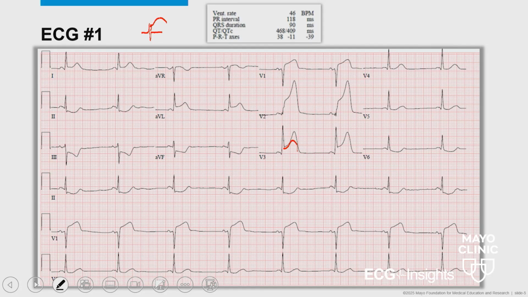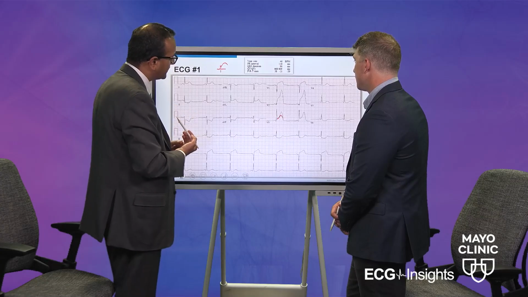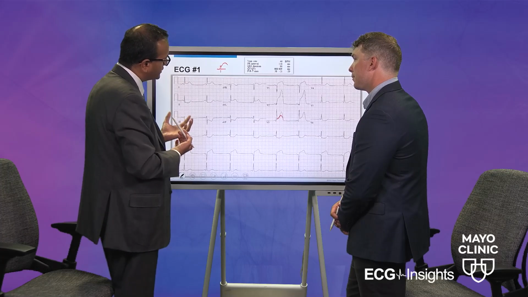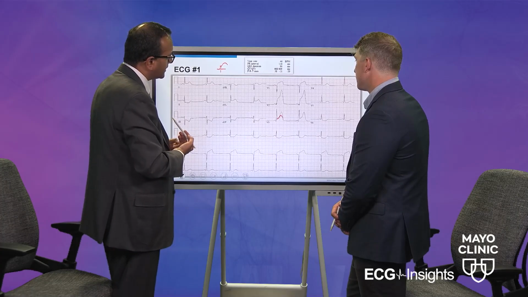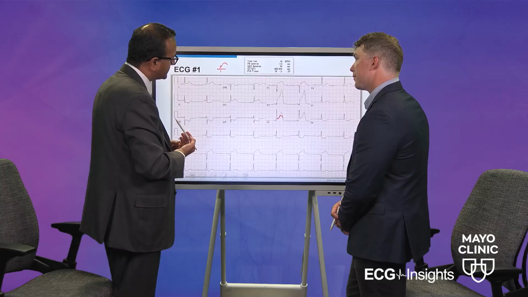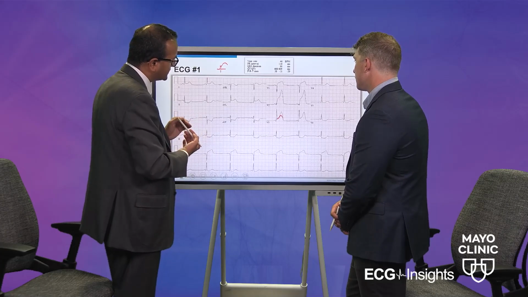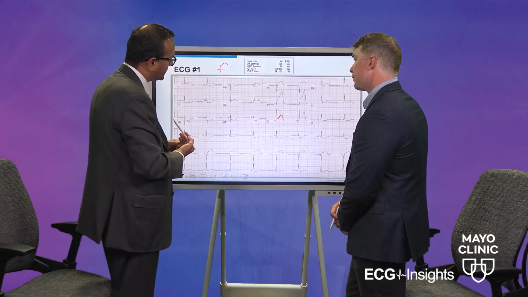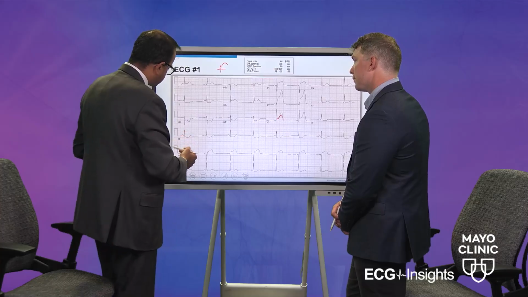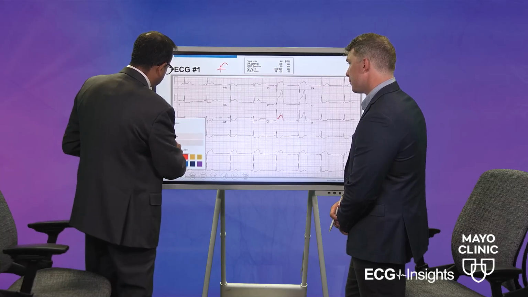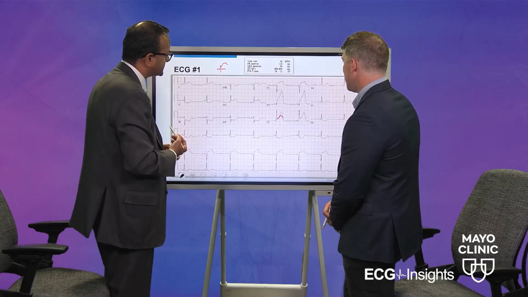Because sometimes you might see an ECG where only the J point goes up, but it's not pulling the whole ST segment up. But if you have clearly the ST segment going up along with the J point, that could be one of the differential diagnoses for acute MI. A few other situations where you would see this would be pericarditis, would be benign early repolarization pattern. Some of those patterns may also show this J point elevation and ST segments going up. So just in your own, when you look at ECGs, Alex, do you have any thoughts on how you would tease those things out? Say a pericarditis ECG from an ST segment elevation.